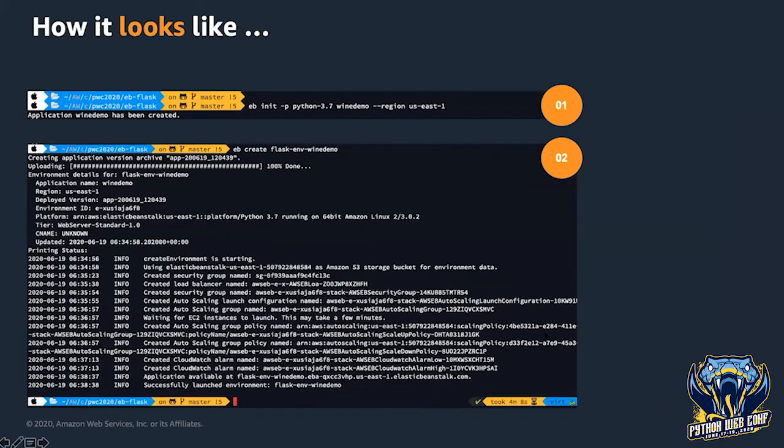Okay, so the first thing when you do this, it just creates the application, but it doesn't create the environment. But now when you say eb create Flask, and any name, actually we have given the name Flask environment wine demo, it will create everything of its own automatically. It will create an EC2 machine for you, which is a virtual instance in AWS. It will create an auto scaling group which can scale your application across